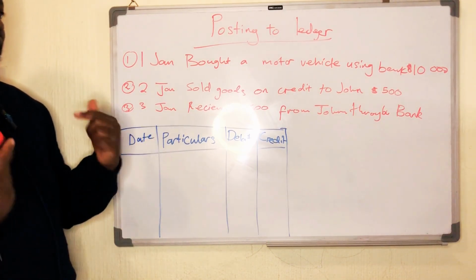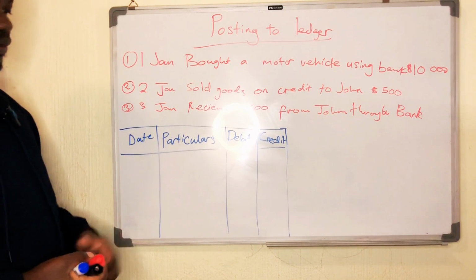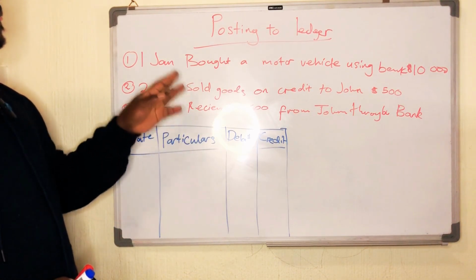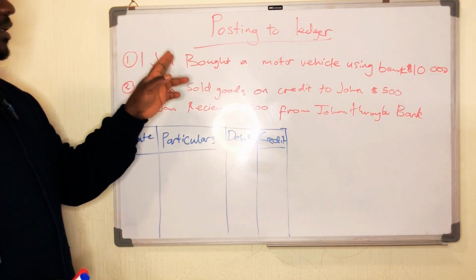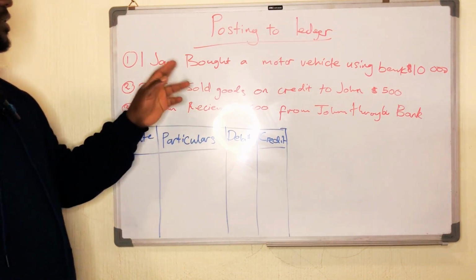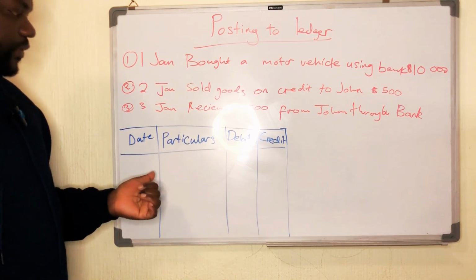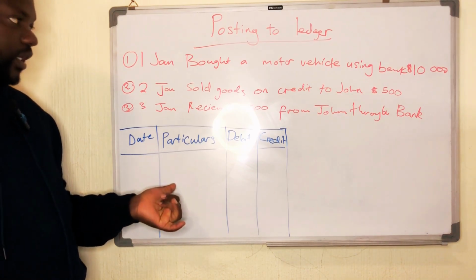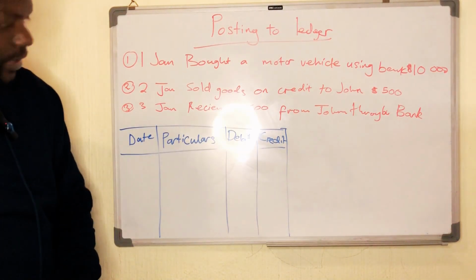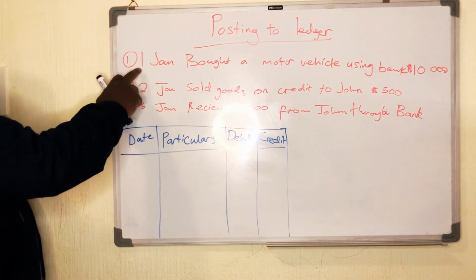But first, let's do a recap of what we did in our journal entries. We are going to work with these three transactions that we have here. We start by identifying and naming the accounts that are affected, classifying, and applying the golden rule so that we'll be able to pass our journal entries here. Then from the journal entries we do the posting to ledger, which is our topic for today. So let's start. You can see the first transaction happened on the 1st of